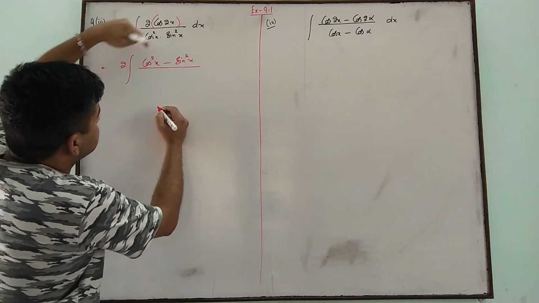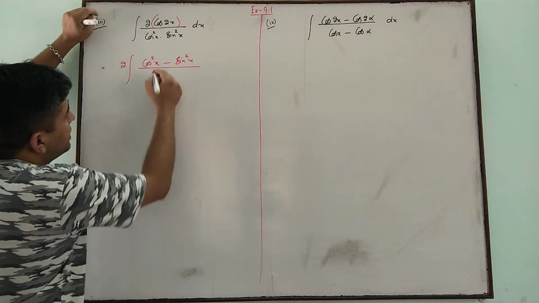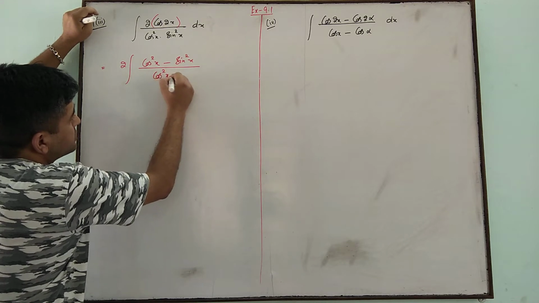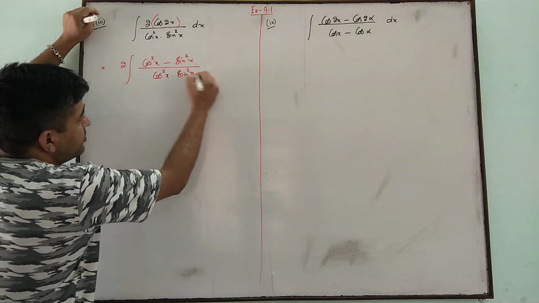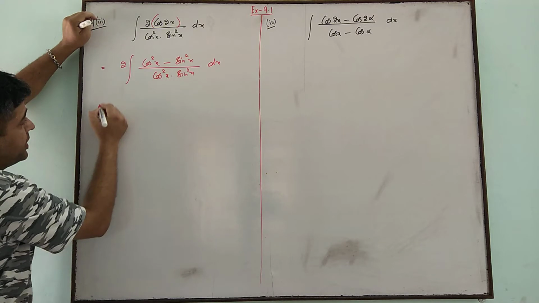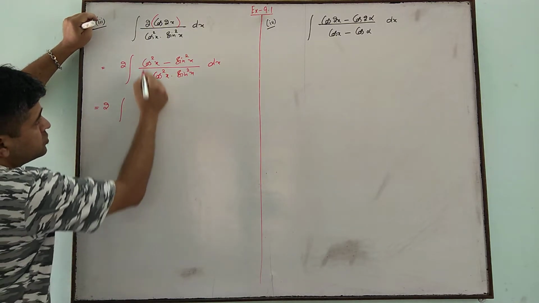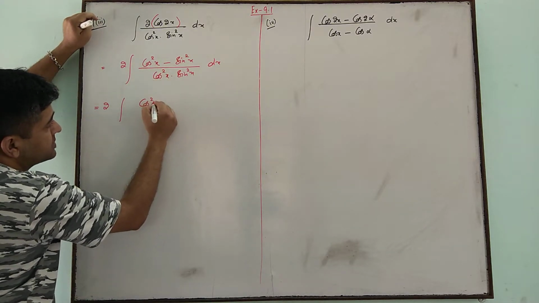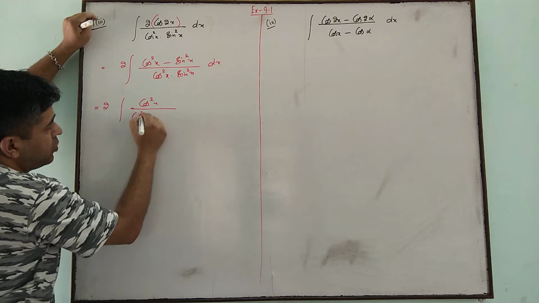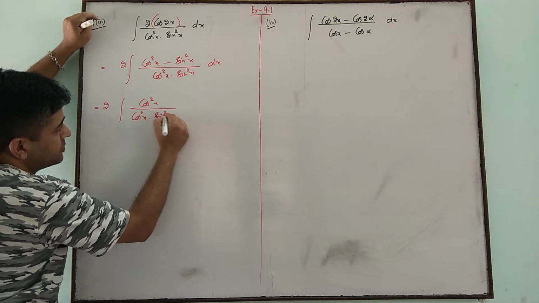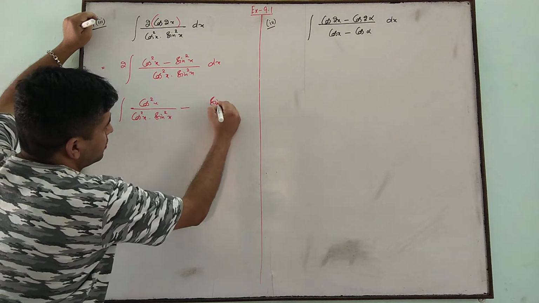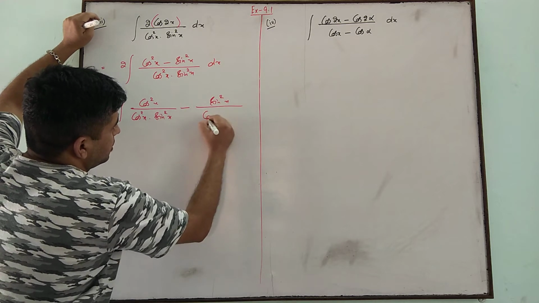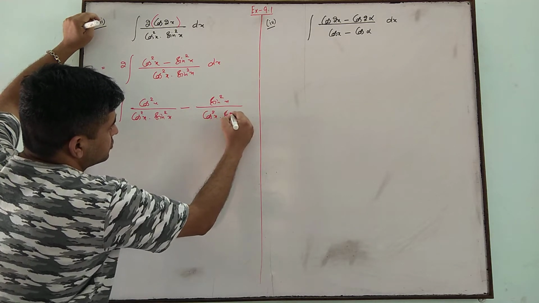So cos 2x is cos square x minus sin square x, and the denominator is cos square x into sin square x. As in the previous case, we separate the terms of the numerator: cos square x divided by cos square x into sin square x, minus sin square x divided by cos square x into sin square x,